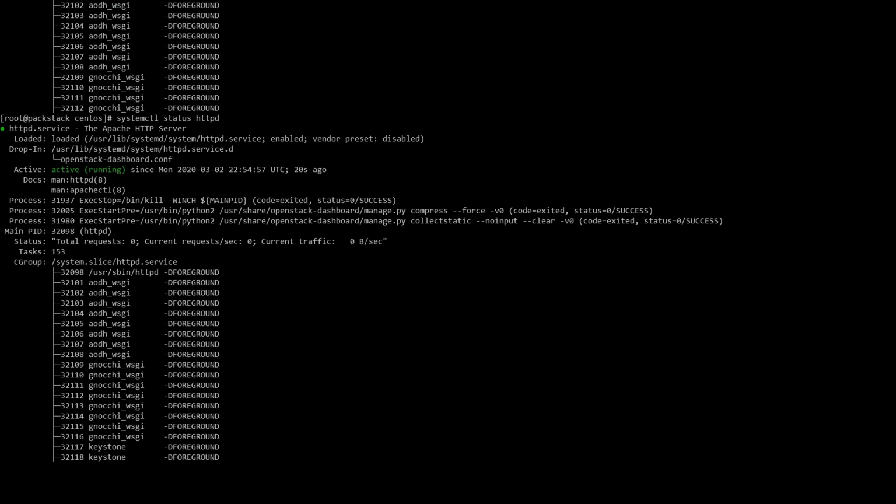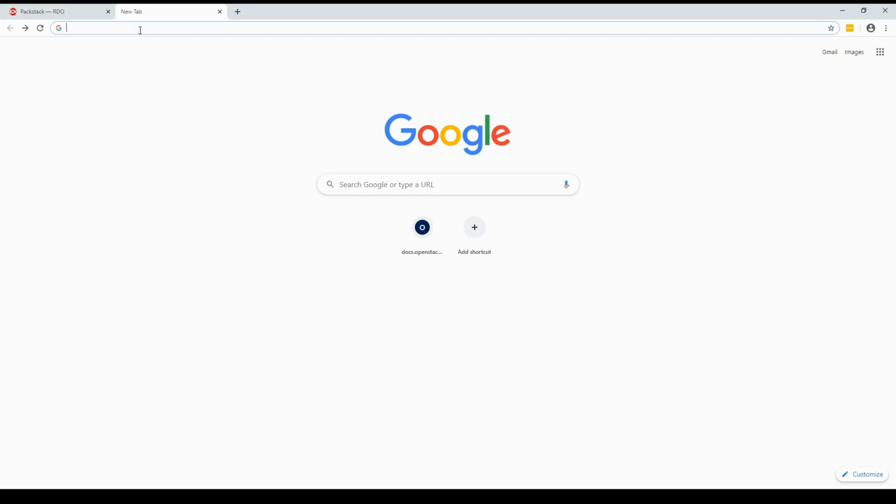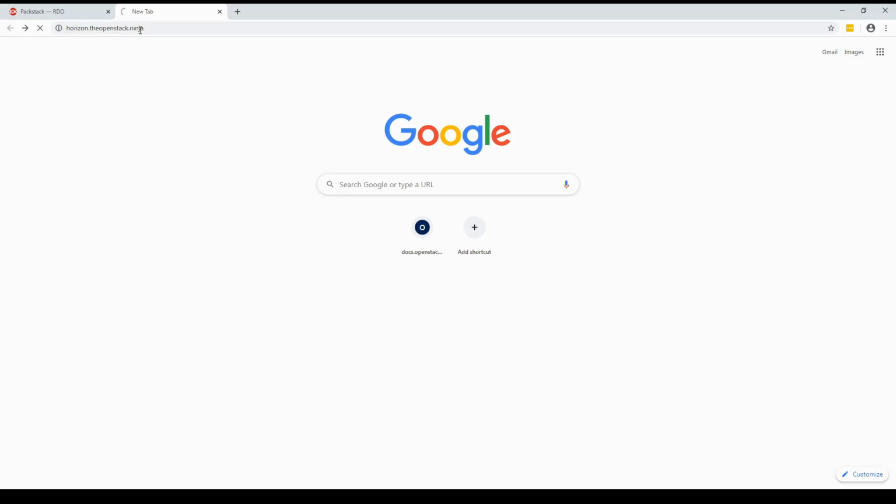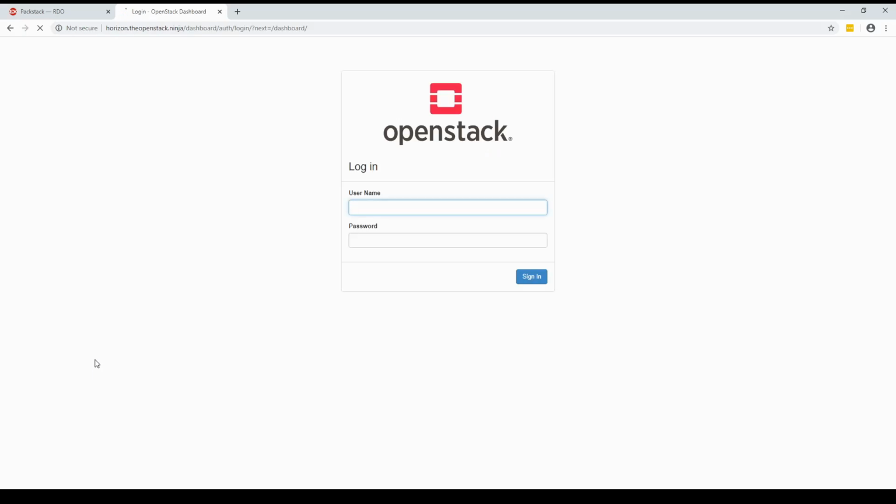Come back over to our Chrome environment. Horizon.stack.ninja. And if I've done that properly, there we go. Okay, so once you've fixed your Horizon instance, if you need to,